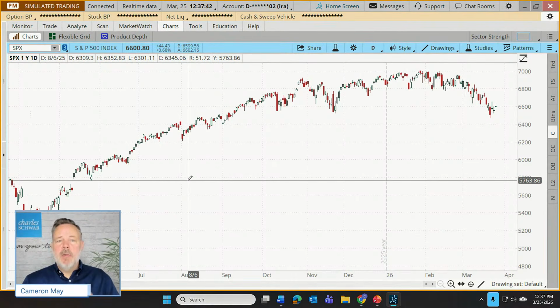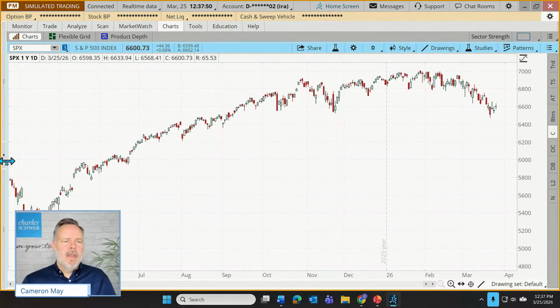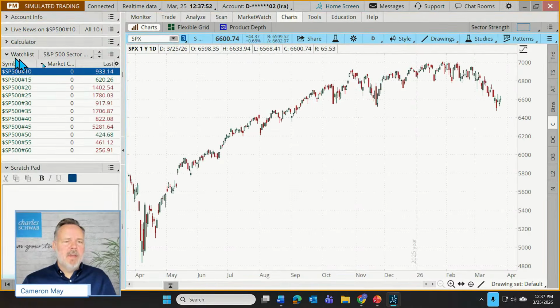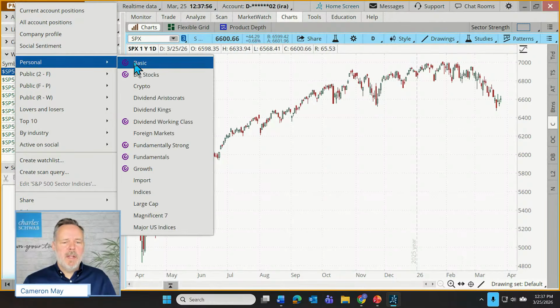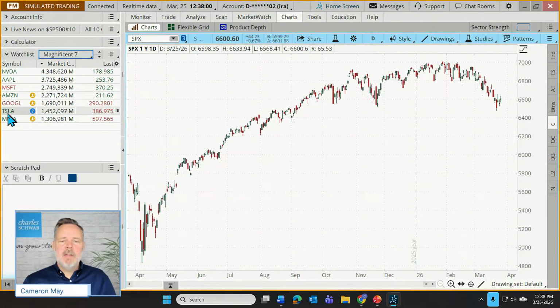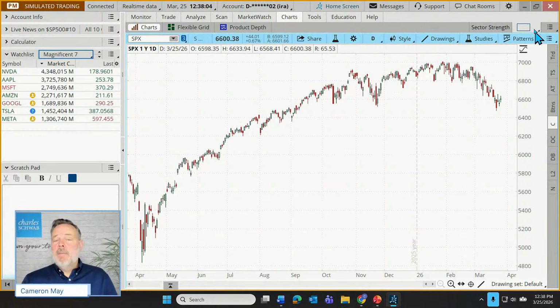Let's build a grid consisting of one of our personal watch lists. And I think as the example today, I actually have a personal watch list that is the Mag 7. So over here in my personal watch list, you can see we can go to the Magnificent 7. There are those 7 stocks. Maybe I want to see all of those on the same grid at the same time. We know this process now. We've actually already used it.